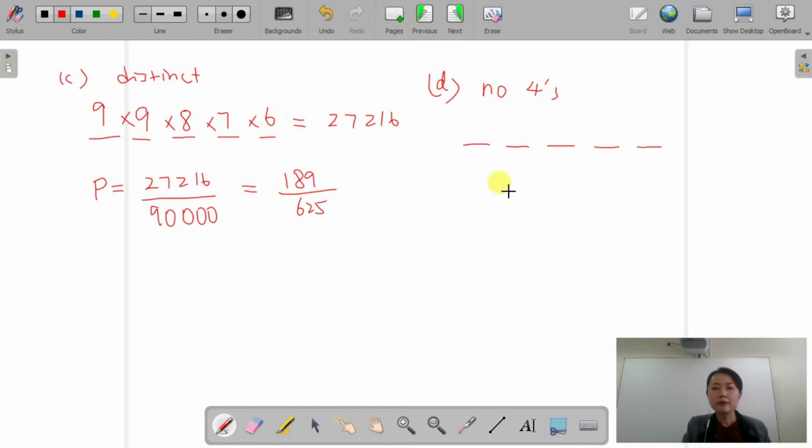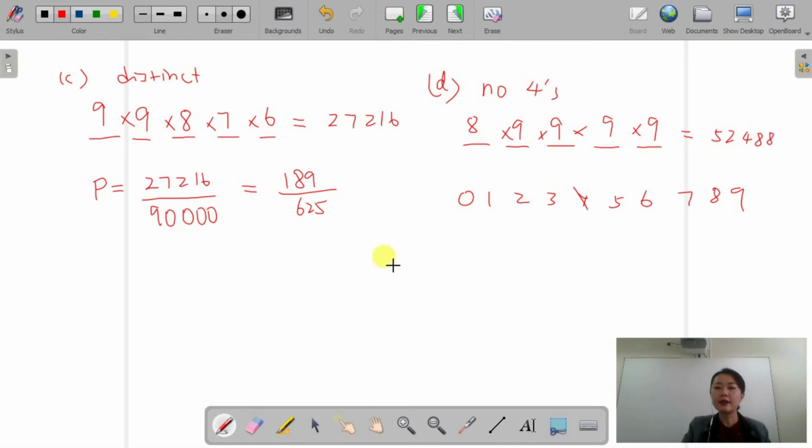So think about our digits here, right? 0, 1, 2, 3, 4, 5, 6, 7, 8, 9. No 4s, can't use a 4. The first one you can't use a 0 either, so there are only 8 ways to fill that first spot. After that, you can use the 0 again, so it's 9, 9, 9, 9. So that gives you